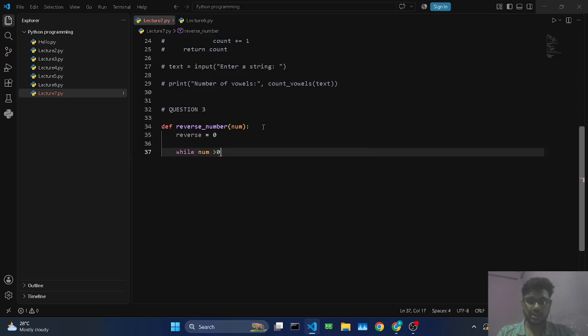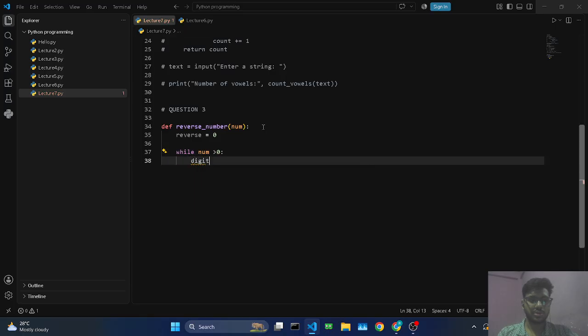While num is greater than 0, so we are basically finding the digit. If we divide it by 10, then